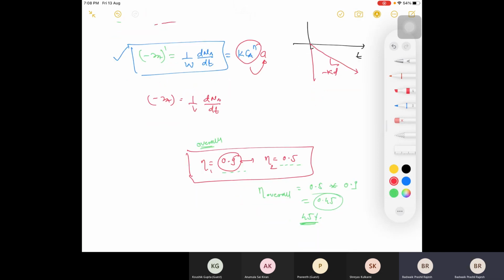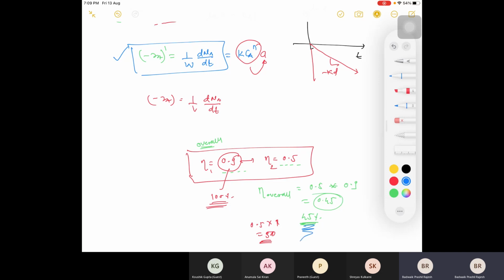Your answer was correct, but suppose my efficiency is 100% and the one working under me is 50%, so the overall system will be 0.5 into 1, so it is 50%. I'm just telling an example: if you become manager of an industry, head of that factory, and the people working under you are not working efficiently, you can see the overall efficiency of your company is decreasing, right?